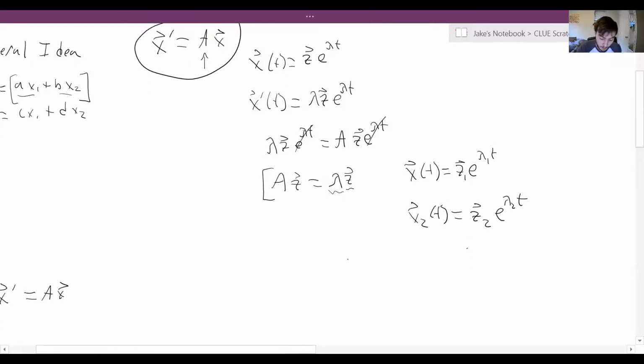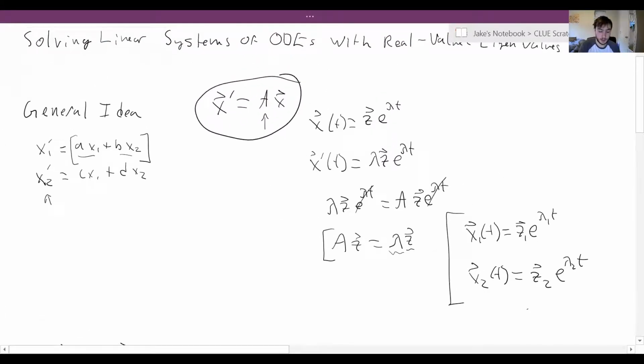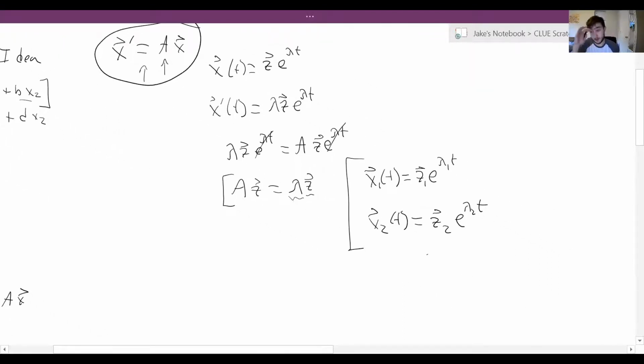about it. But remember, if you think back to your 307 days, these are both solutions to our differential equation, which remember is this. This is our differential equation. These are both solutions to it. However, what we would like is to have some kind of a general solution that would sort of encapsulate the whole behavior of it. So if these are two more specific solutions or just examples of solutions,